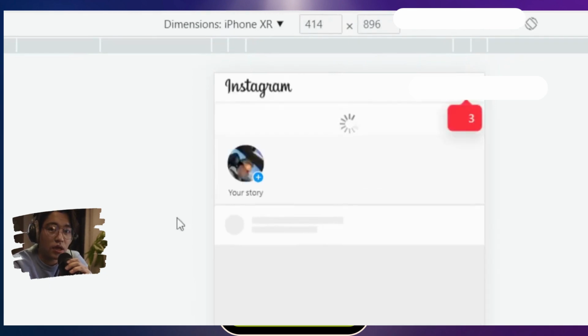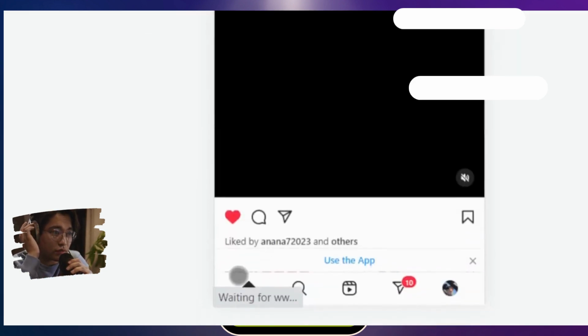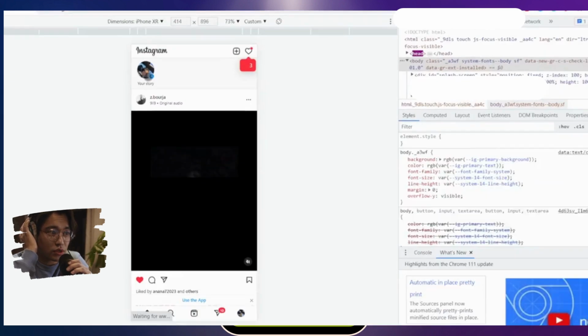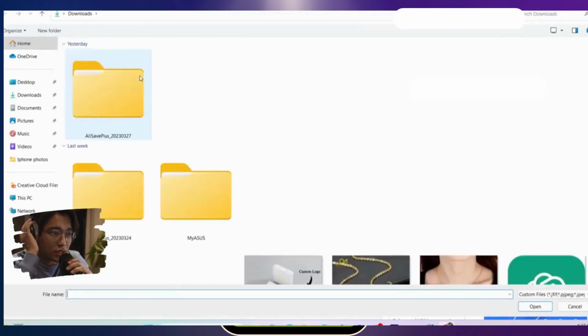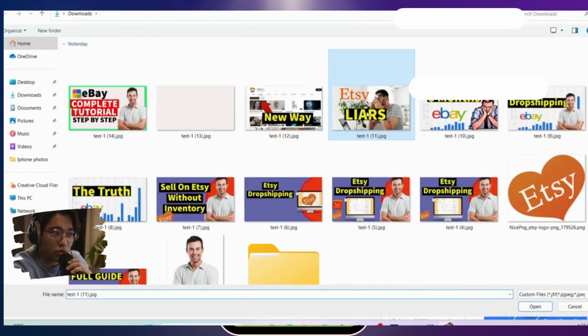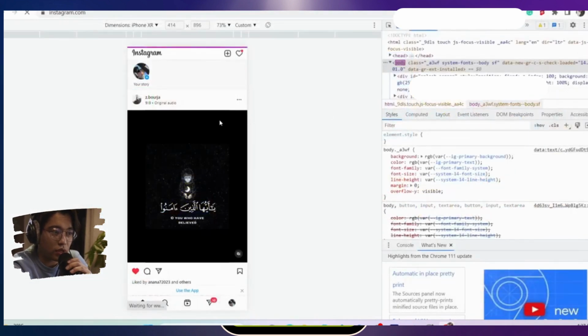Okay guys, after you are on this page, as you can see, it looks like you are using your phone. If it doesn't take you to this page, you want to click on home. Okay, and you want to click on your story, and here you can select which story you want. Click on it,